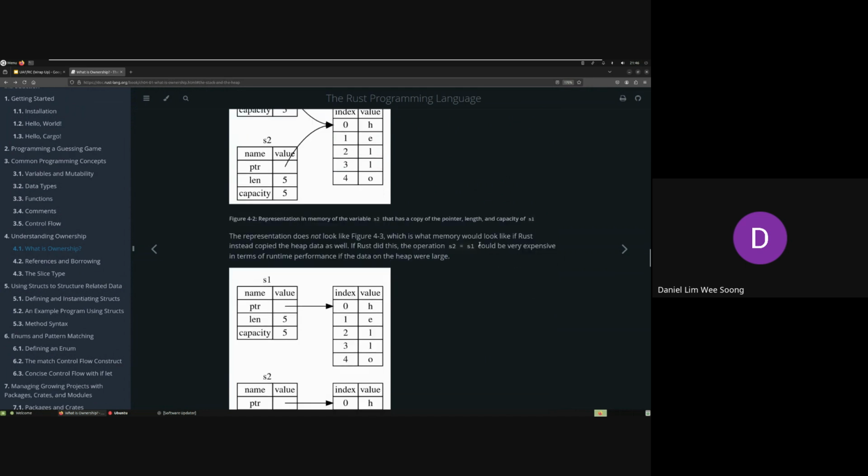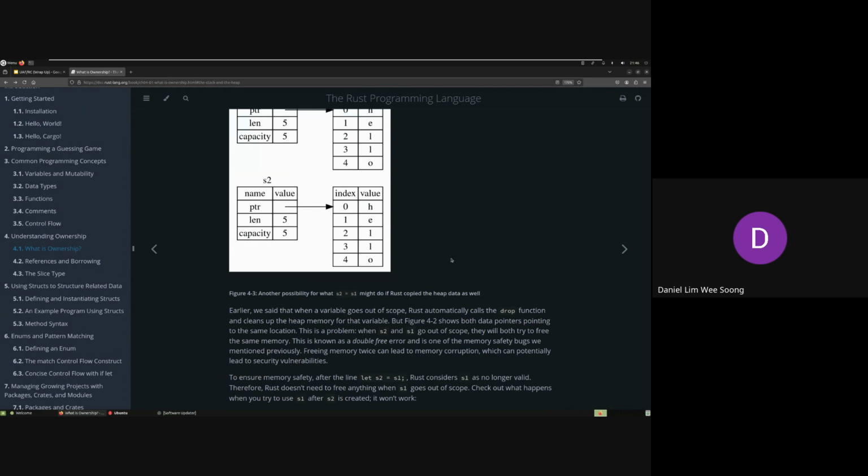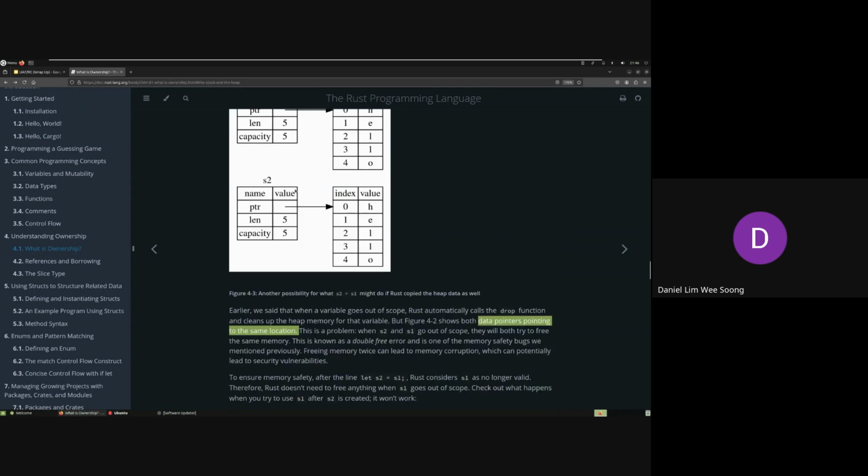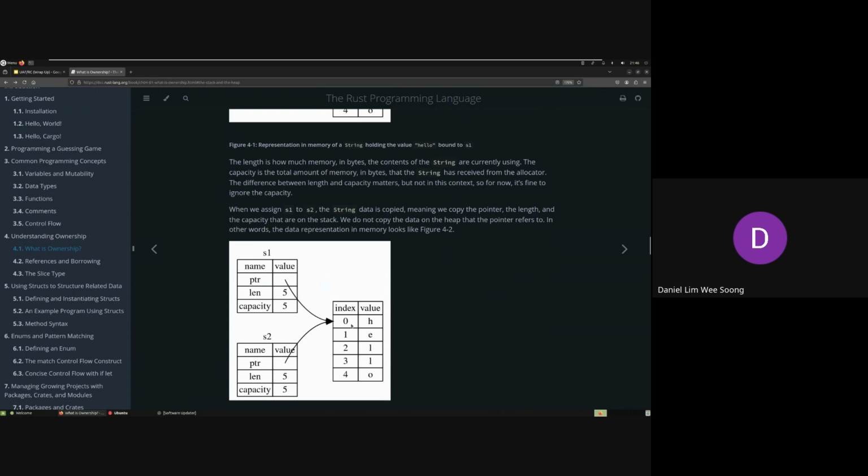Yeah, so it will be very expensive because you need to copy a lot of things. So here it says, earlier we said when a variable goes out of scope, it automatically calls the drop function and cleans up the heap memory. But there's another thing, which is when two data pointers point to the same location, then how? Because there are two variables pointing to this, then at the end of the scope,